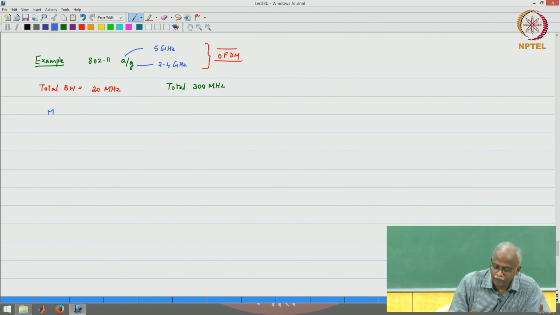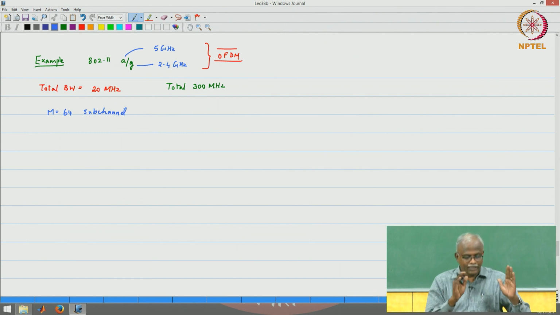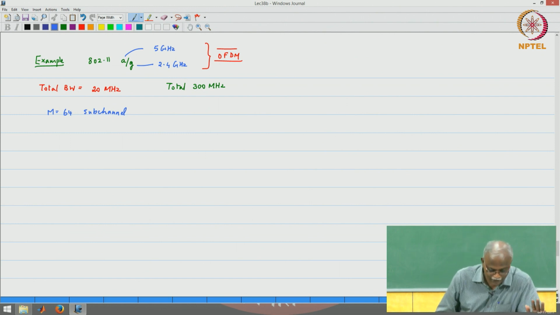It says I want to design it as a 64 subcarrier or subchannel system, which means that I will use an IDFT, DFT size of 64. And it also specifies the following things. If you go in and read the standard, it will say that out of these 64, 48 will be used for data, that is user information. 12 of them will be used as what we call guard bands,